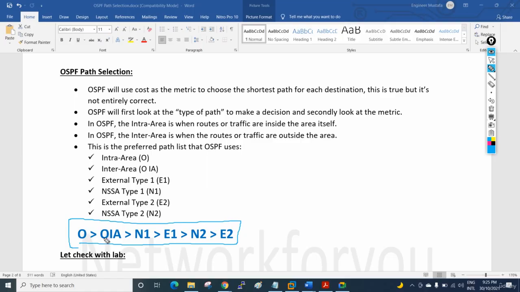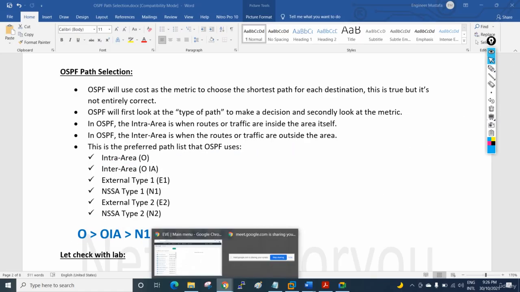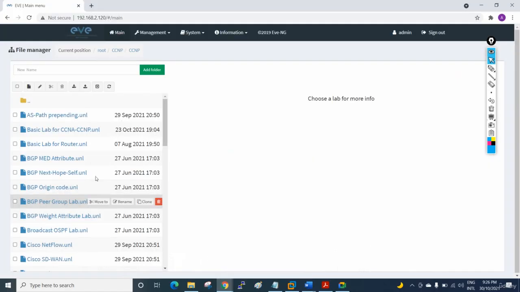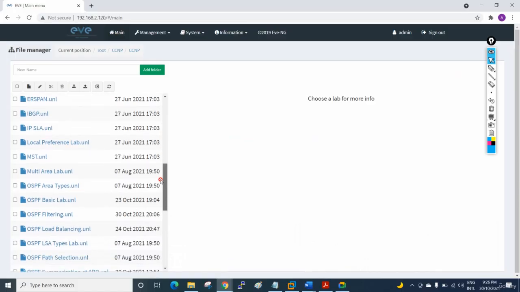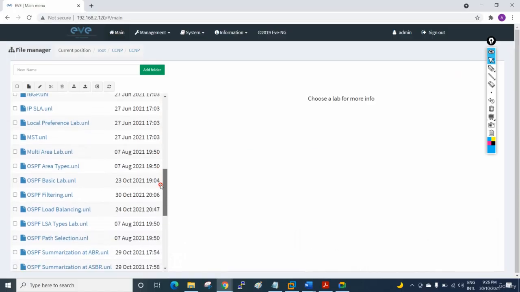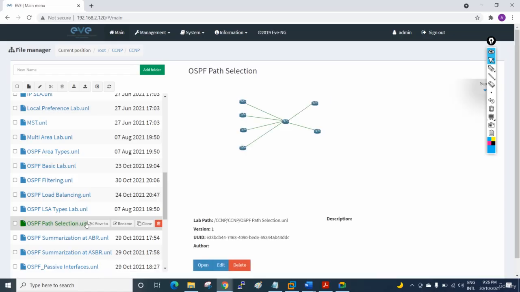What we are saying is, when we are getting a route from different destinations, for example you are getting the route 8.8.8.8 from multiple routers, they are going to prefer intra area first. Let me show you the diagram so you will have more idea. Let me show you the topology. If you see the topology here, let me show you, OSPF path selection, this one, okay. So here,